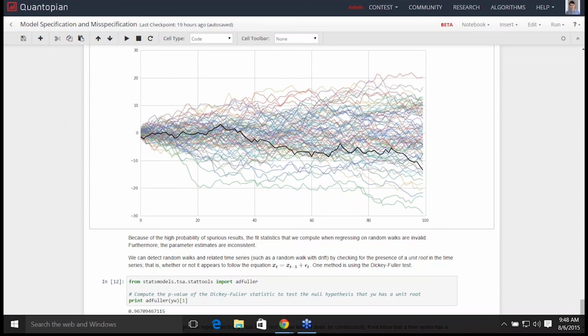I see here that Alan in the chat has the hand raise symbol, which I've never seen before. I don't know what that means, but if you have a question, please ask it in the questions box, and I can answer it there. I'm not sure what to do with this hand raise symbol, but I do appreciate that you have done it, and I apologize for not catching it earlier. It looks like it's been up for an hour. Oh, and Mark also had his hand up, but I think he asked a question, so that's okay. Okay, so